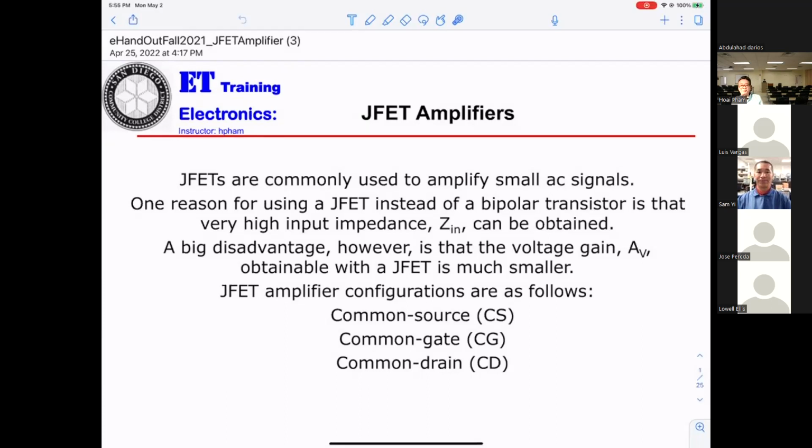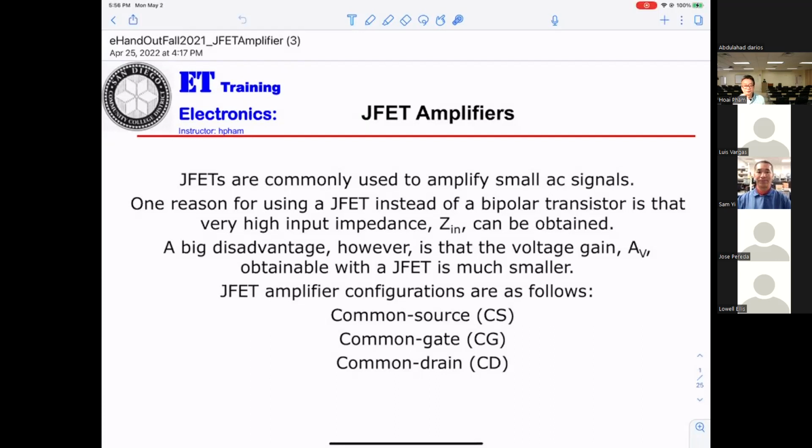If you're looking back, you can see some circuitry on the bipolar get a high input impedance. Some get a low input impedance, depending on the application. However, the JFET will be telling you they get a very high input impedance. The reason is they don't want to load down the signal